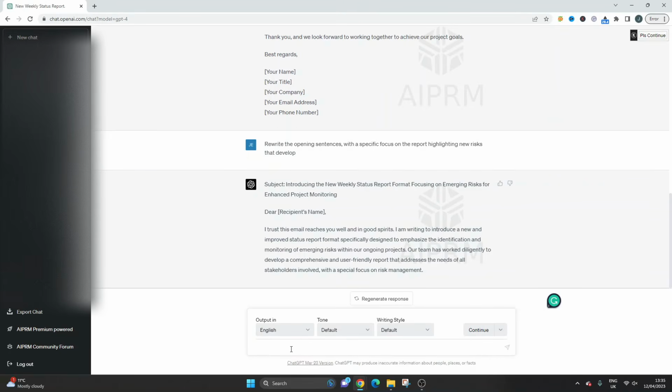And it will just give you different iterations of the status report. So that's the first potential prompt that you could give to adapt it to suit your needs. The second is you could say something like